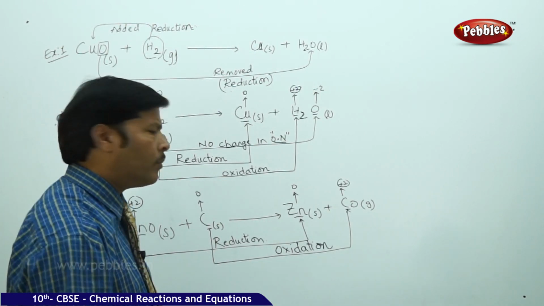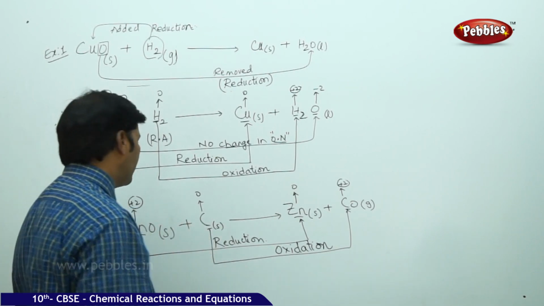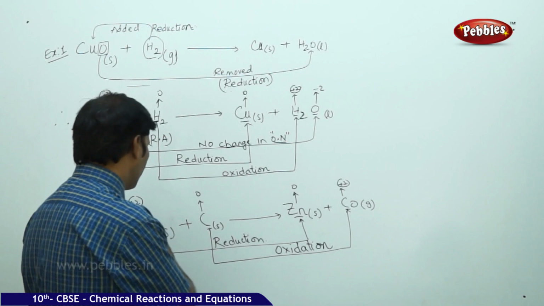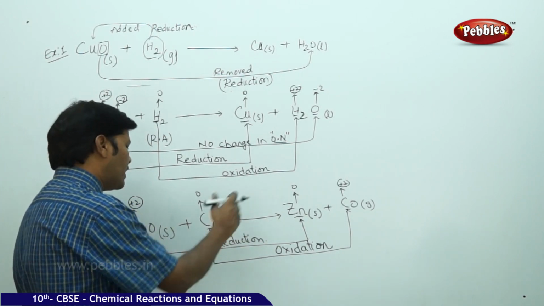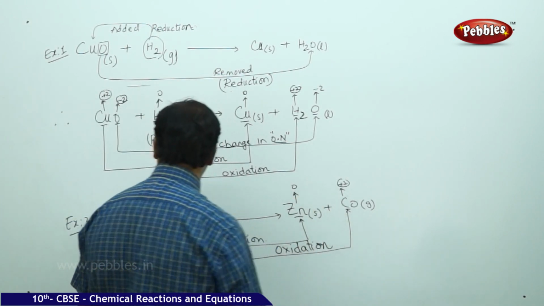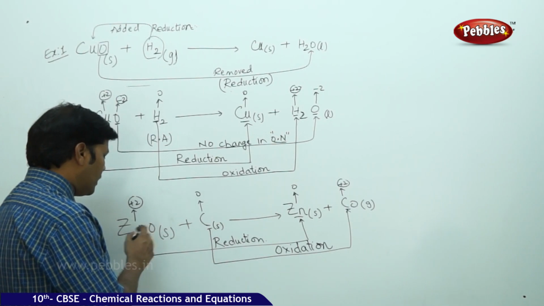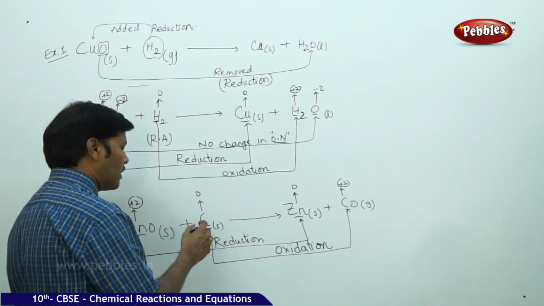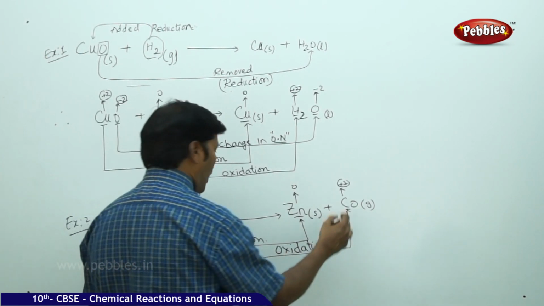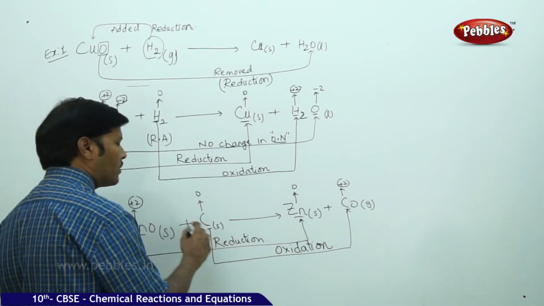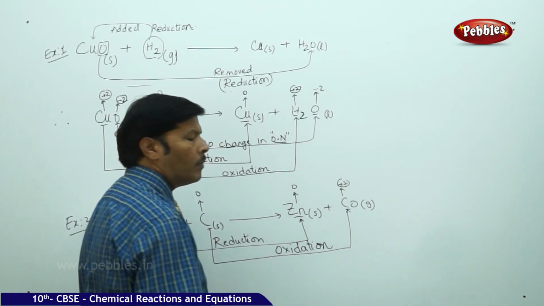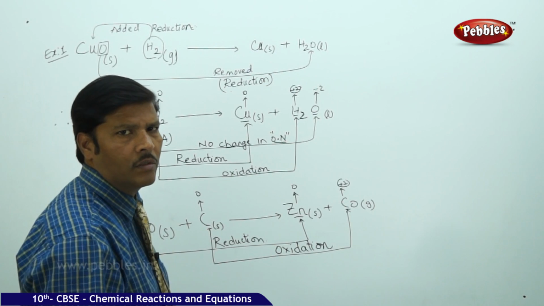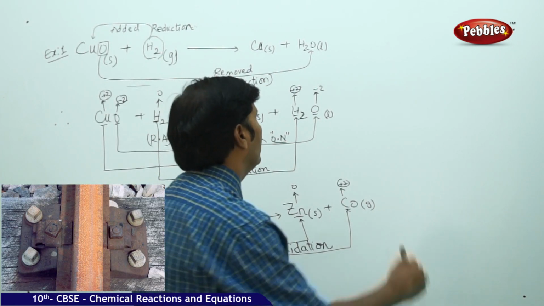So this is a perfect example of the redox reaction taking place simultaneously. The reduction reaction is taking place, and simultaneously oxidation is taking place. Here zinc in zinc oxide is getting reduced to zinc, and the carbon is getting converted to carbon monoxide. So both oxidation and reduction are involved parallelly, therefore we can call it a redox reaction. So the next part of the discussion is